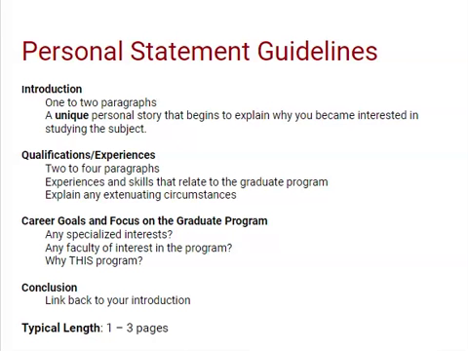In your personal statement, you will also want to spend some time discussing your current career goals and the focus of the graduate program you're applying to and how your career goals and that graduate program are a fit. If you have any specialized interests, the personal statement is the place to talk about it. If there are any faculty of interest from the university that you're applying to, you'd also want to make mention of this and how your interests align with theirs. In short, you want to answer the question, why this particular program? Lastly, you'd write a conclusion which links back to your introduction and ties the essay together nicely.